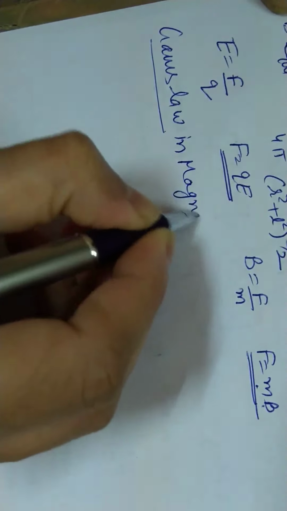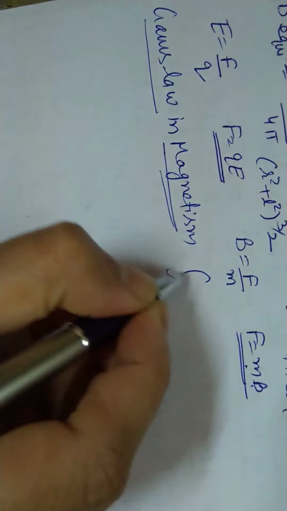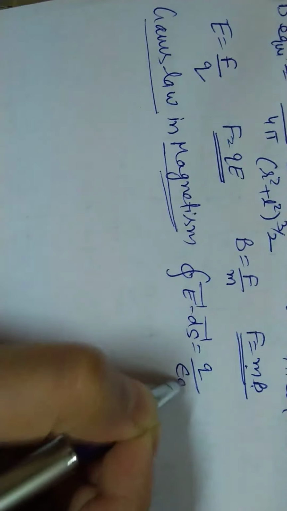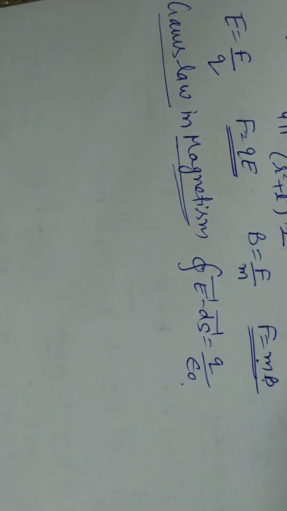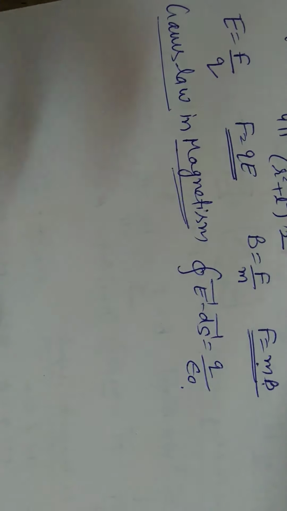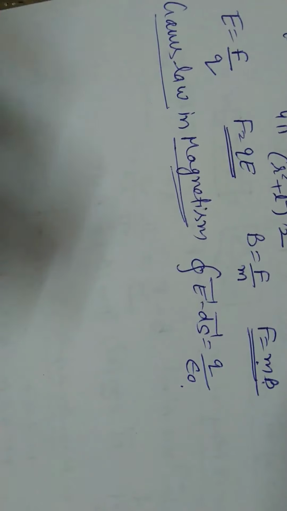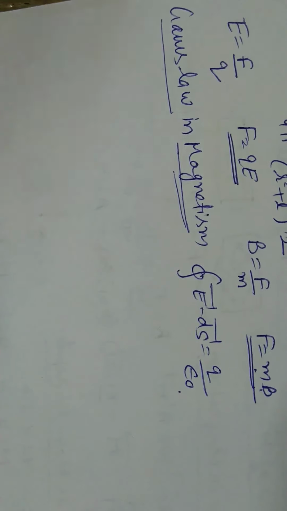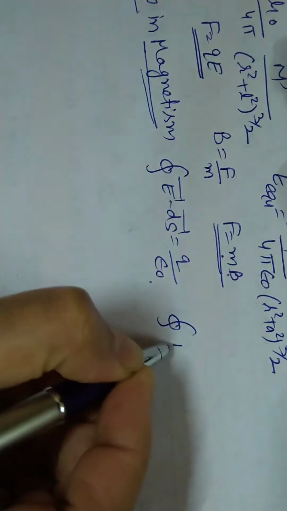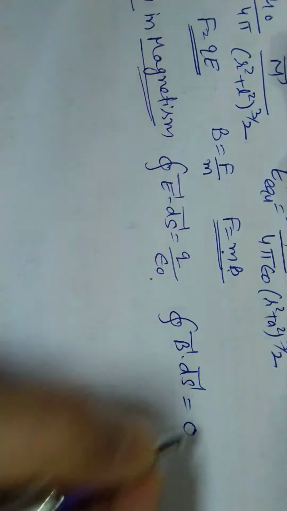In electrostatics, we have the Gauss law, that the surface integral of electric field is Q upon epsilon naught. But in magnetism, isolated poles do not exist. Magnetic poles, we never consider that this is only the south pole, this is the field of south pole. No, the poles always exist as a dipole. So the Gauss law for magnetism, that is the surface integral of magnetic field is 0, because when a